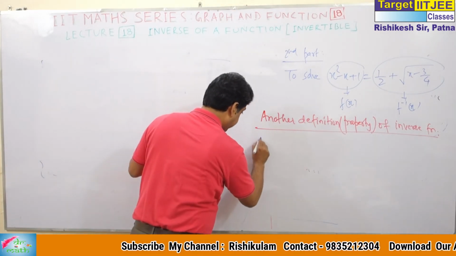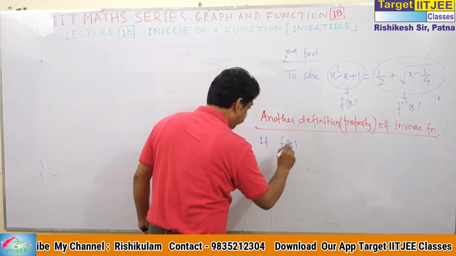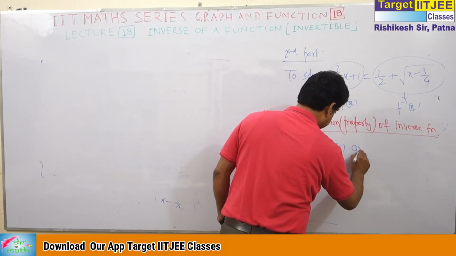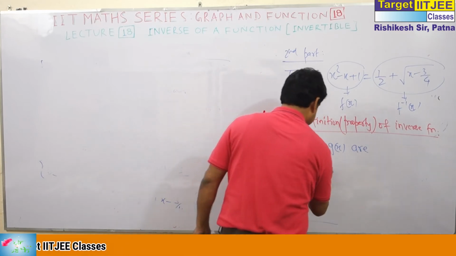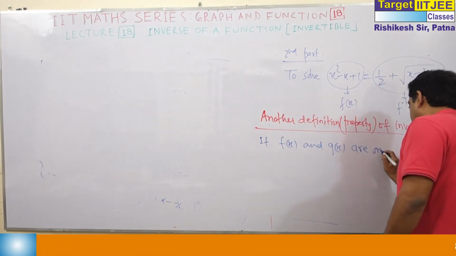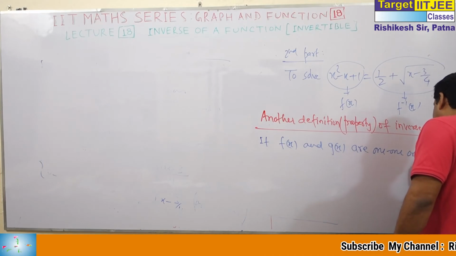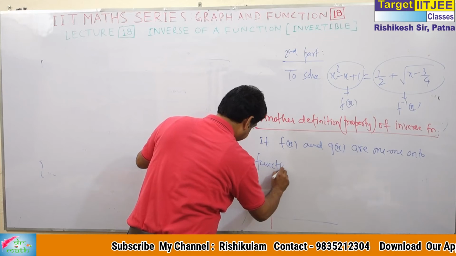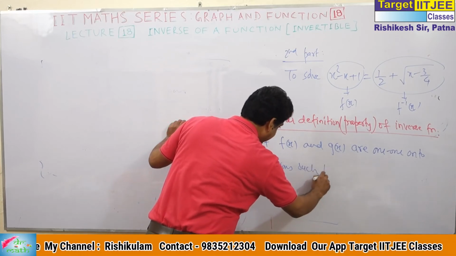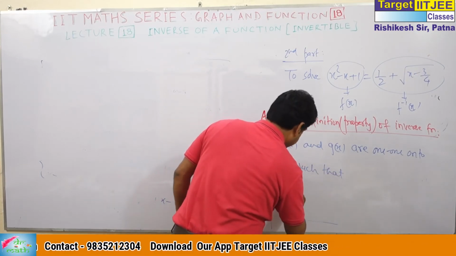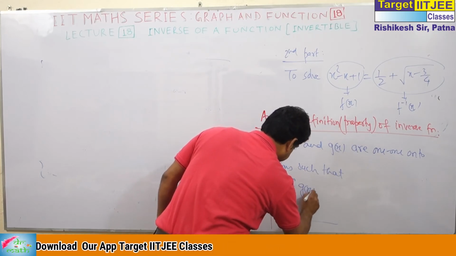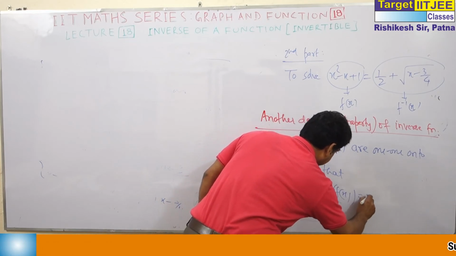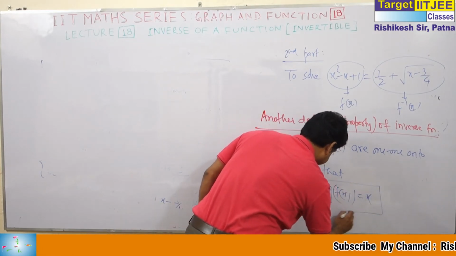If f(x) and g(x) are one-one onto functions, this is a condition, such that f(g(x)) is equal to g(f(x)) is equal to x,